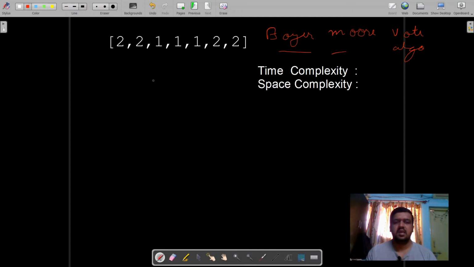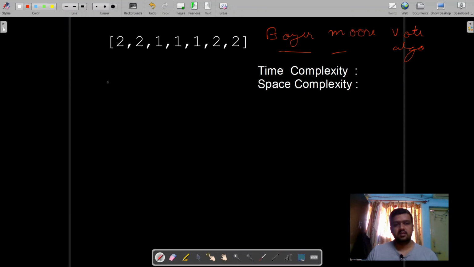But if we want to manage a count of each and every element, that is very hard and we need space for that, right? That we saw in the hash map approach. But this algorithm works on a principle in a very smart way, that we count the instances of the majority element only, without even maintaining the count for other unique elements. So that is the beauty of this particular thing.